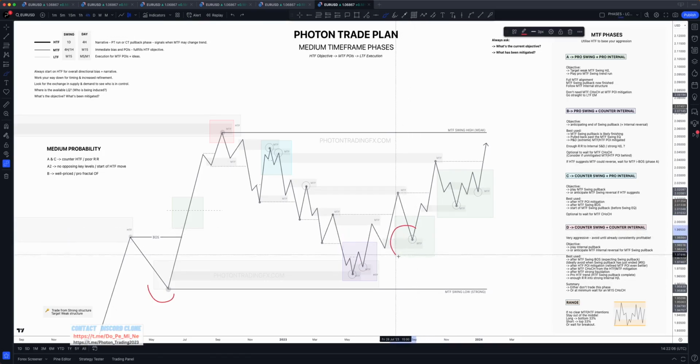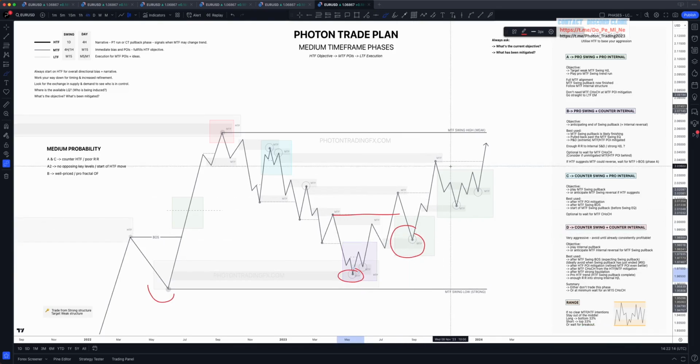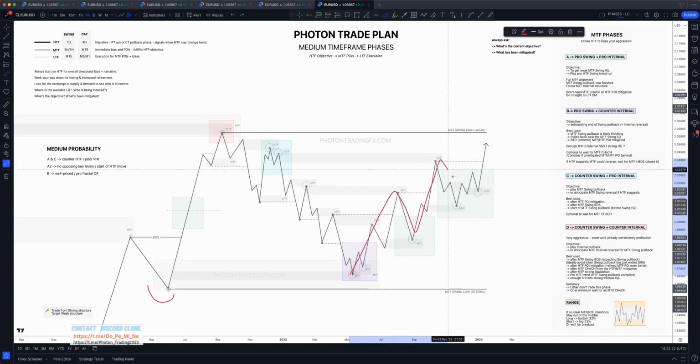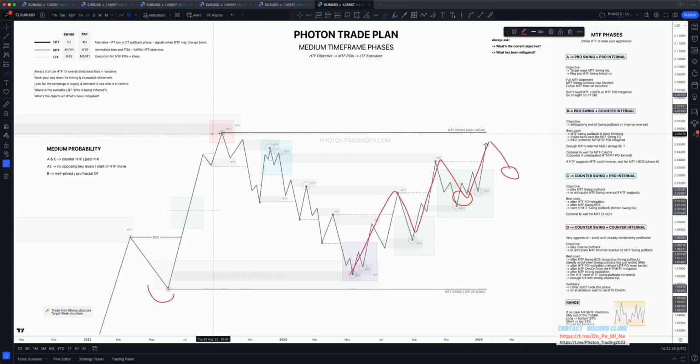The reason why the start of that move, right after the initial IBOS, after that extreme mitigation, is the highest probability, is because risk to reward is on our side. That's usually when the best kind of moves happen. Because technically, if we follow the internal structure, we get another few phases up, like here, and then we pulled in again here, they're both phase A. But where are we now? We're getting near the high.